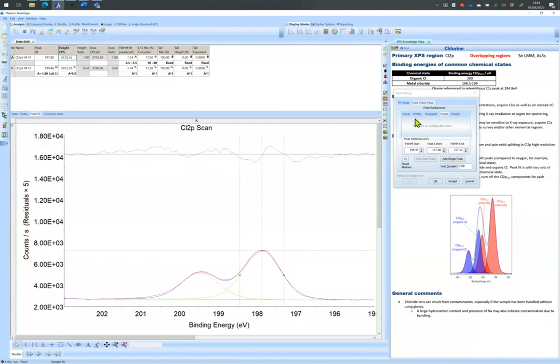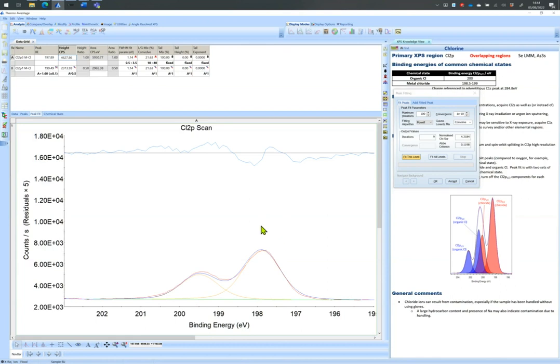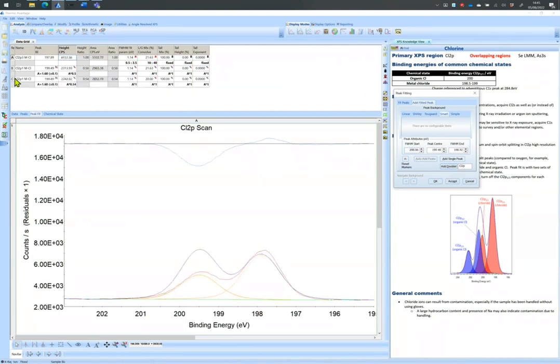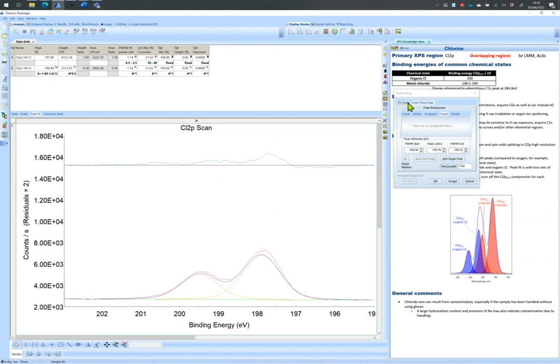Now we can see that our model does not fit well anymore with the data. This is an indication that there may be another doublet, i.e. another species. Let us add another doublet by clicking on the Add Fitted Peak tab and then place the peak to the low binding energy side. This prevents creating a weird type of components that Avantage seems to want to create. Select the 2p3 component and bring it towards